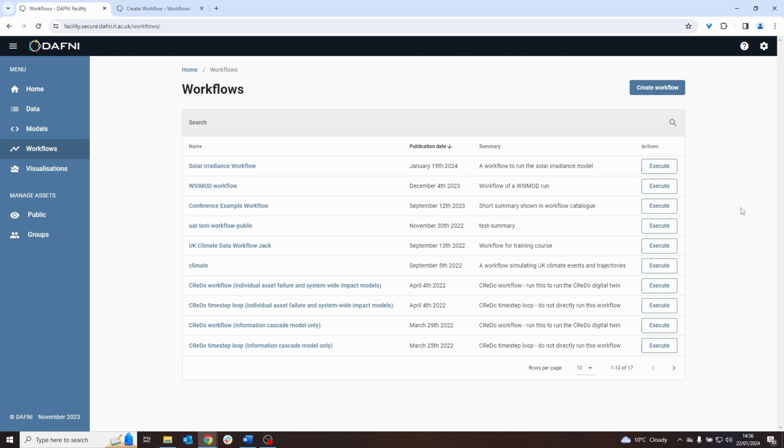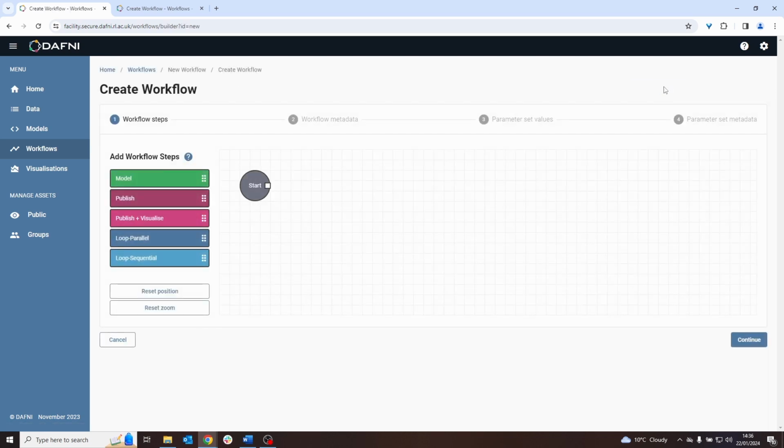A looped workflow is built in a similar manner to a standard workflow using the graphical workflow interface. In order to introduce looping to a workflow, we simply add a loop element. This element essentially acts as a container which holds a different workflow which will run multiple times within the loop. We can set this up by selecting one of the loop steps and then choosing the workflow that will be